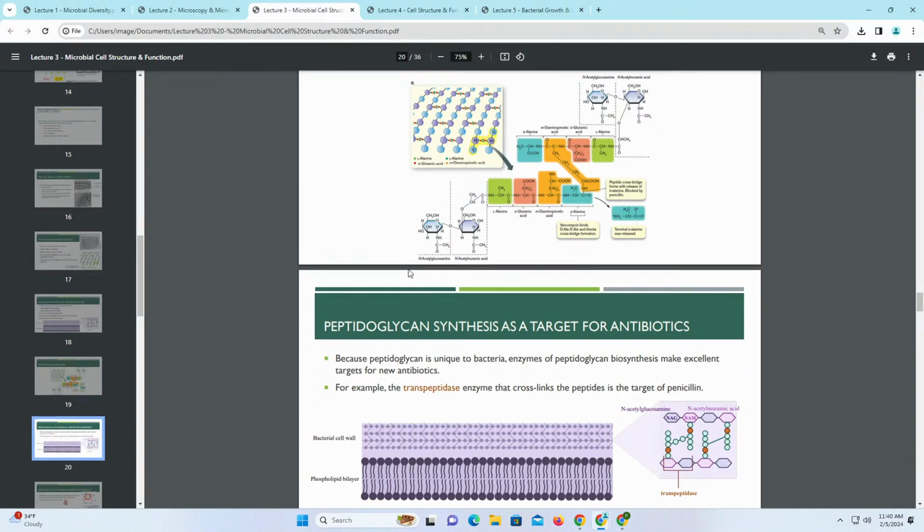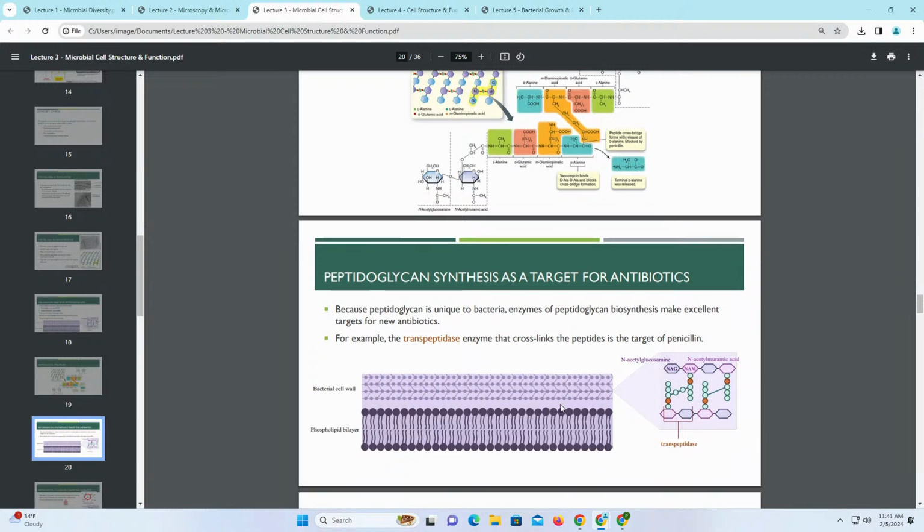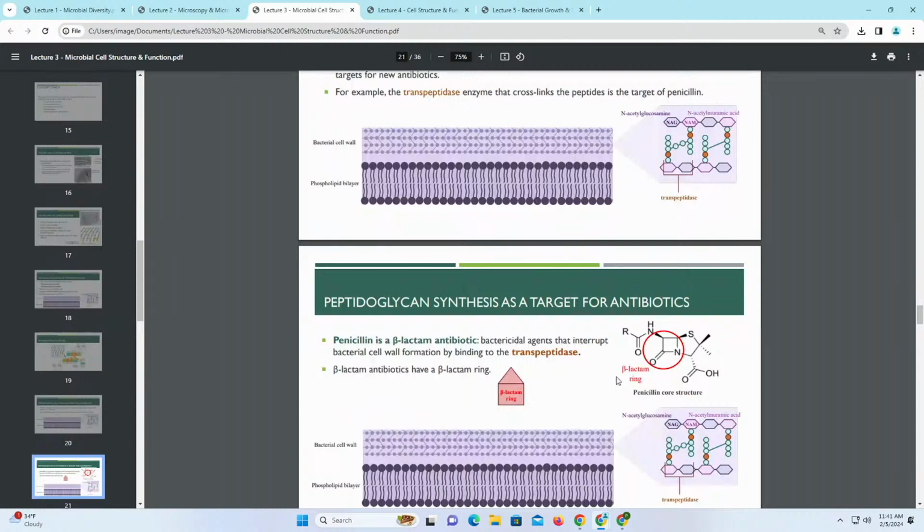These specific types of antibiotics are called beta-lactam antibiotics. These are the ones that target the cell wall synthesis. There are antibiotics that target RNA and protein synthesis and other things, but I'm only talking about the ones that target the cell wall here. So those are beta-lactam antibiotics. And so we target this transpeptidase enzyme that's cross-linking these peptides. The way that we do this is these beta-lactam antibiotics bind to the transpeptidase.